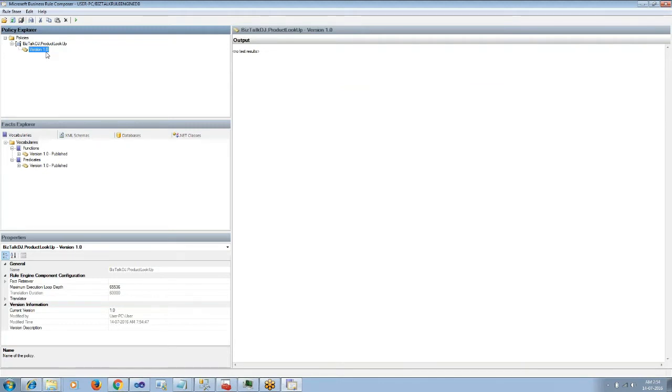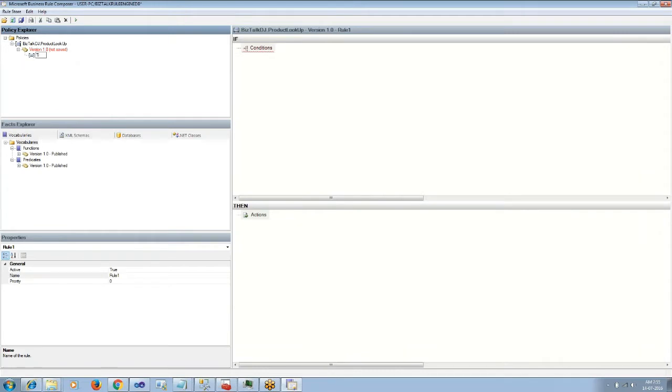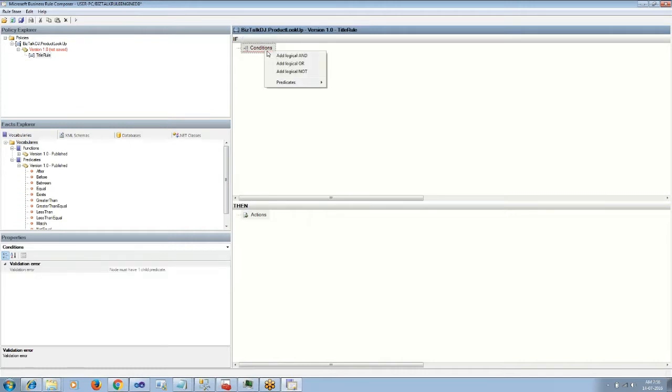On version 1.0, I will create a new rule. A policy will contain multiple rules. I will name the rule as title rule, and you can see the condition pane and action pane. So if the condition is successful, then we will execute the action pane where we will update the message data, and in the condition pane we will use predicates to define the condition.